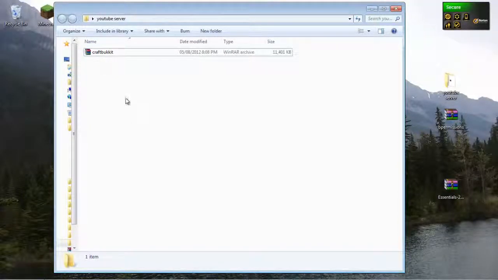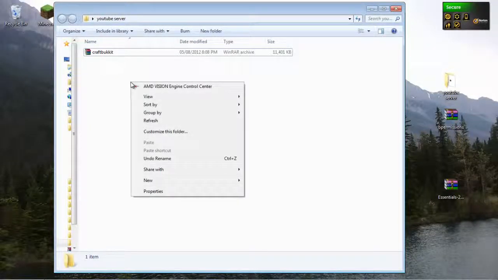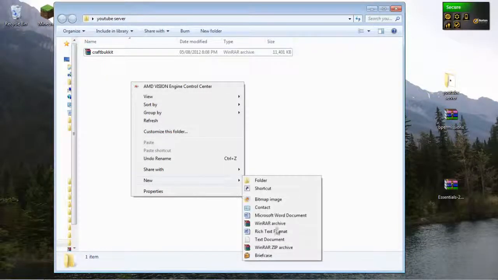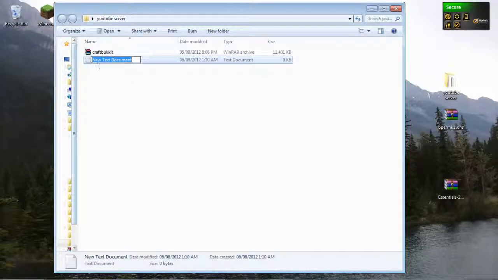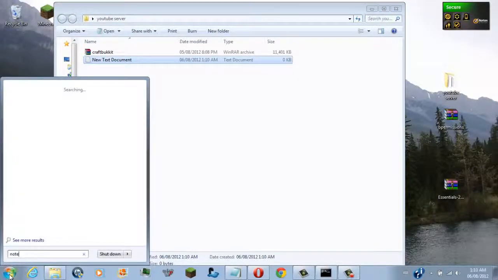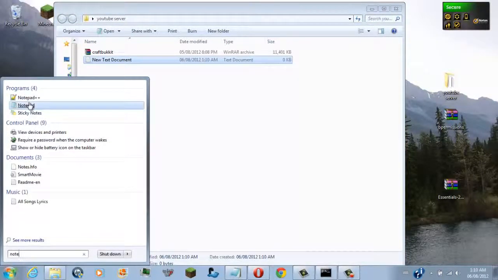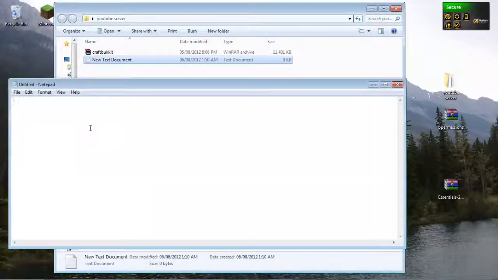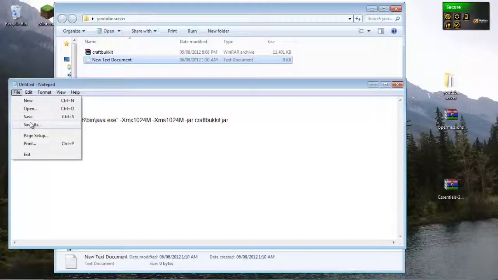So now what we're going to do is we're going to right click on an empty space in the folder. We're going to go new and text document. If you don't have this option, you can go to the start menu and type in Notepad or WordPad, and either one works. Just use normal Notepad, Control V, and then file, save as,